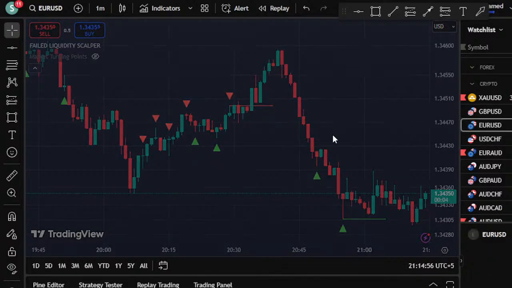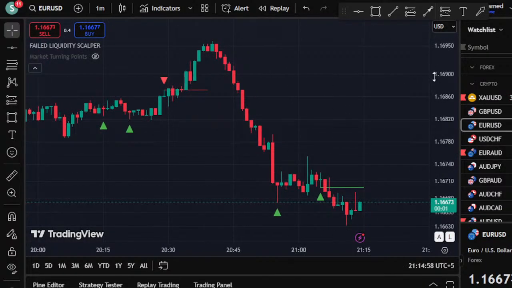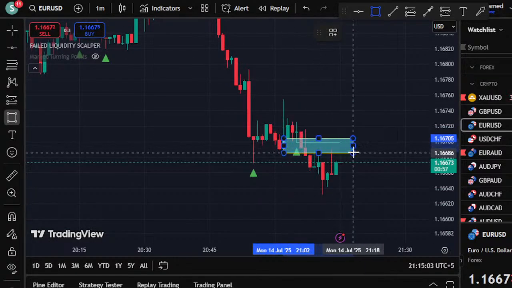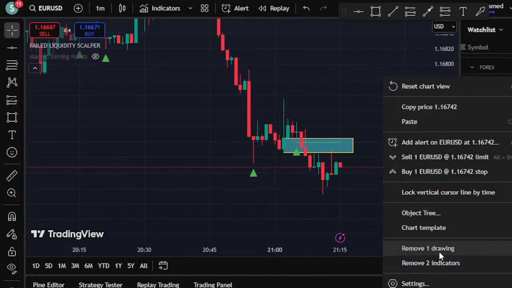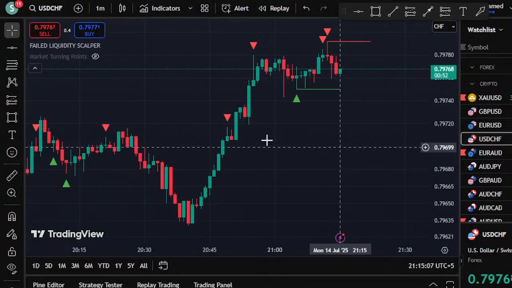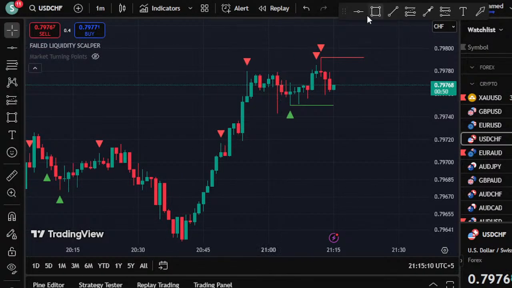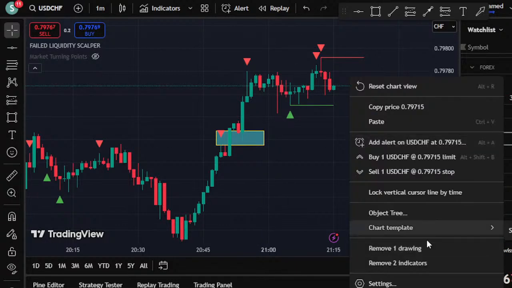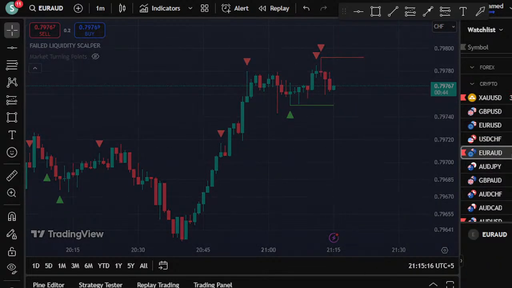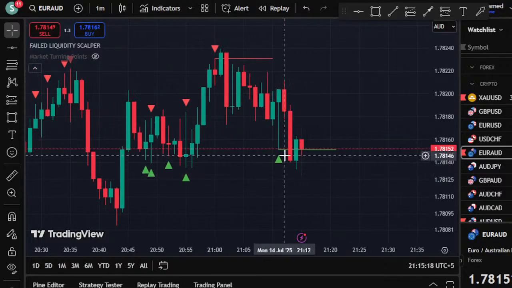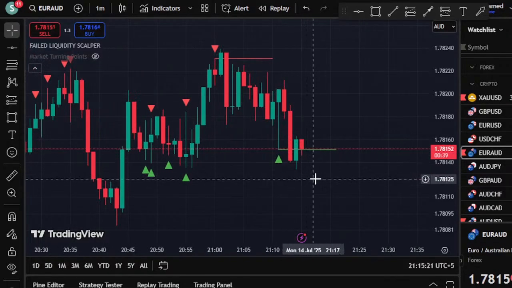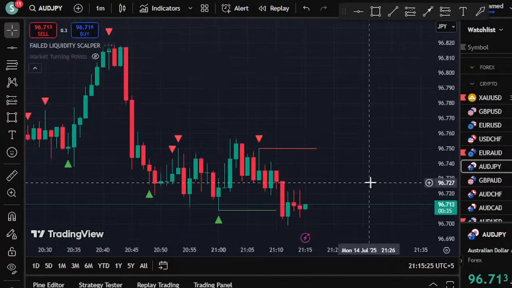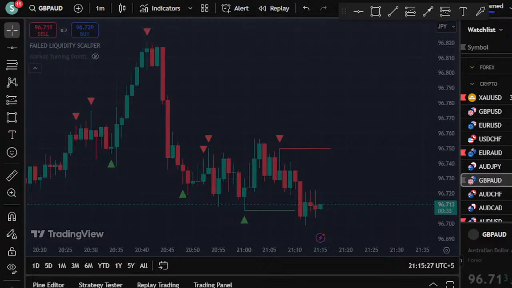Okay, so euro USD. Look, this happened just a few minutes ago. What happened? The rejection below the price and then you can see it's down. USD CHF. Okay, here we have the liquidity failure. You can see the price is up, right? Okay, what's next? Euro AUD. Yes, this is the liquidity failure, so it should be down in that case. Euro AUD. Okay, but you cannot cover your spreads on the 1 minute, so please do not take the trade.